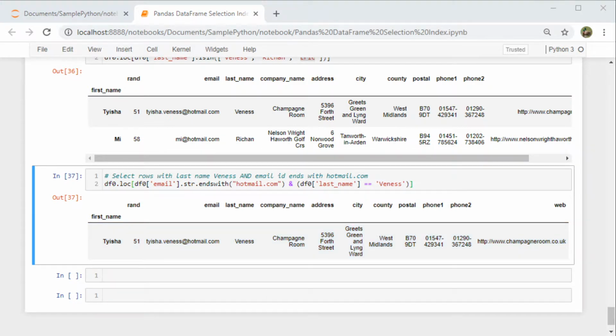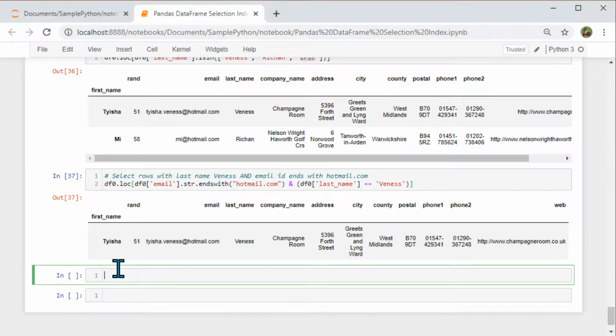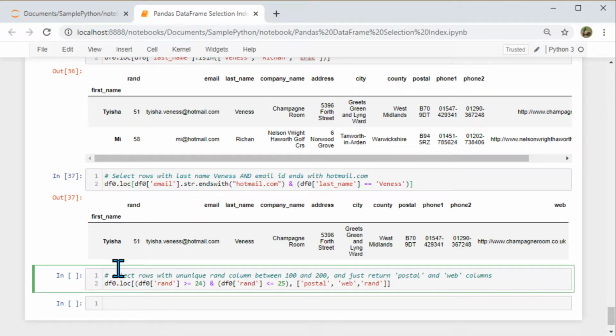Now let's say I look at this rand column, and in the rand column I want to pull records within certain values. So here I say data frame rand column is greater than or equal to 24, and the same rand column is less than or equal to 25.